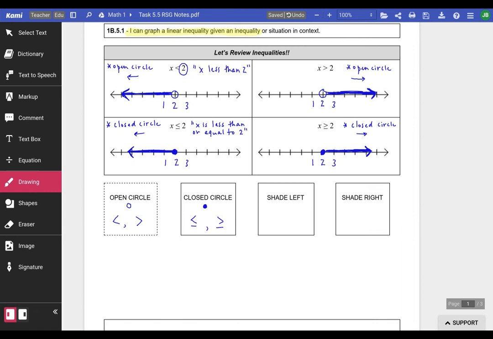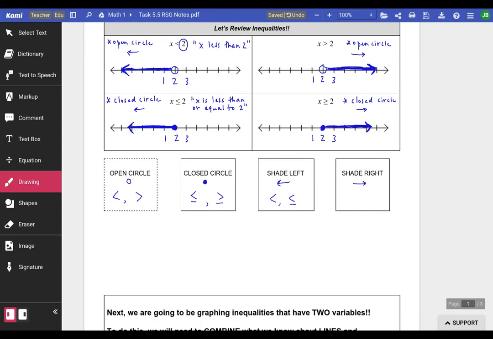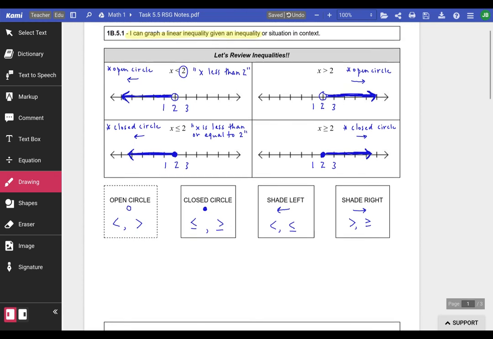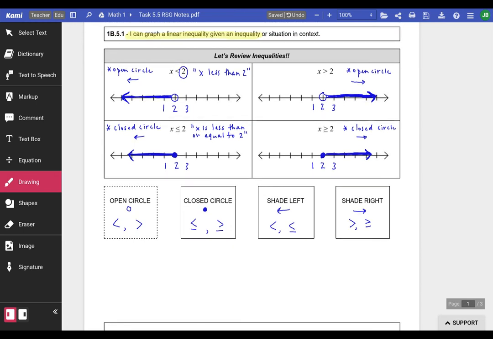We're going to shade to the left whenever we have a less than or a less than or equal to. And we're going to shade right whenever we have a greater than or equal to. So that's a review of what we've done so far,